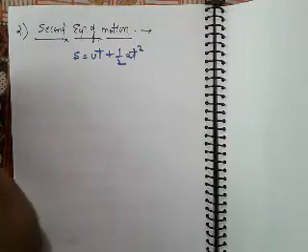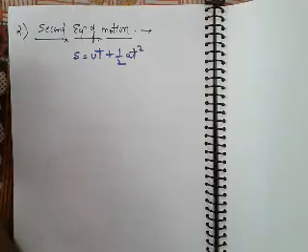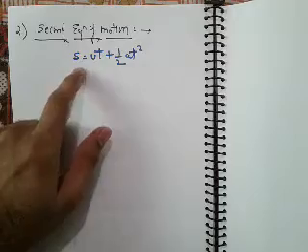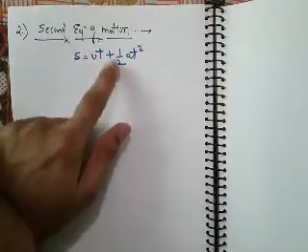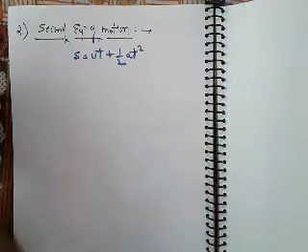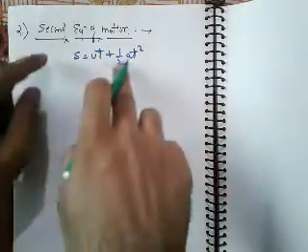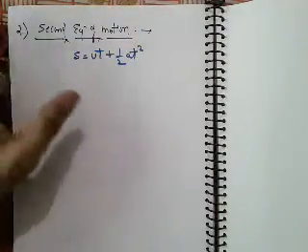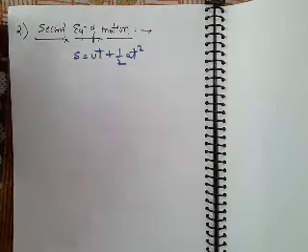Now we are going to discuss and derive the second equation of motion. The second equation of motion is the relationship between displacement, initial velocity, time, and acceleration. The final velocity is absent in the second equation of motion. So we are going to derive this one. The statement is the same, the assumption is the same, the figure and all other things are the same. Just the process is a little bit different. So just watch very carefully.